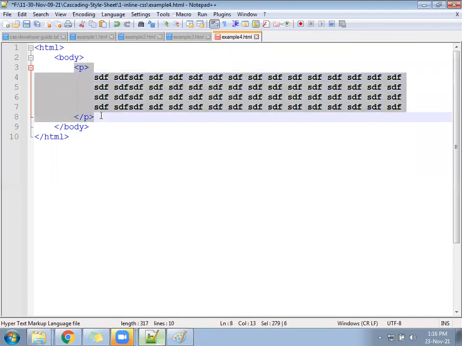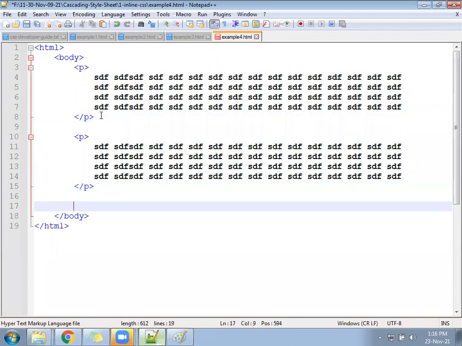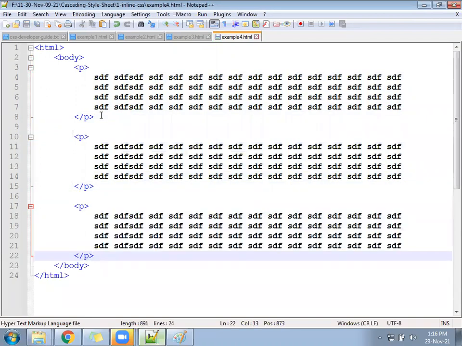First paragraph, second paragraph, and third paragraph. So how many paragraphs? 3 paragraphs.